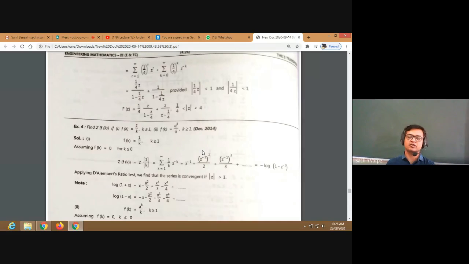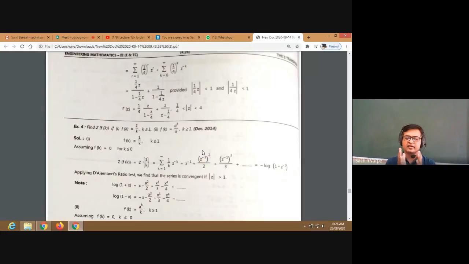But as it is not factorial here, so that will be a series of log, I can say, because I think log of 1 minus x is equal to minus x square by 2 minus x cube by 3. Isn't it like this? So here all the terms are given to be positive, and to adjust the negative sign, we have multiplied and divided by minus 1, isn't it, to each term.